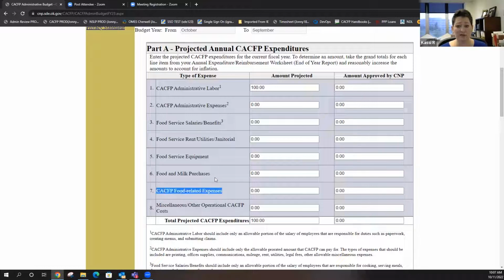If all you spent was food and milk and CACFP food related, and you spent more than what you were reimbursed, which we've seen a lot, there's no sense to budget anything elsewhere. But I will encourage you and want to remind you guys that if there ever is a time that you do have an excess of CACFP funds that are unspent, you'll eventually end up with a profit. That's when you need these other projected things at least budgeted, because you need a way to spend it.